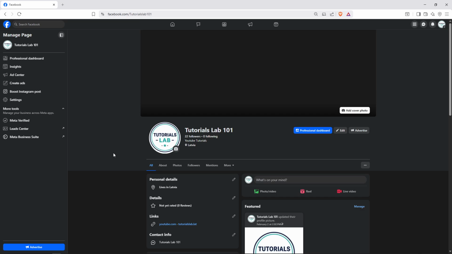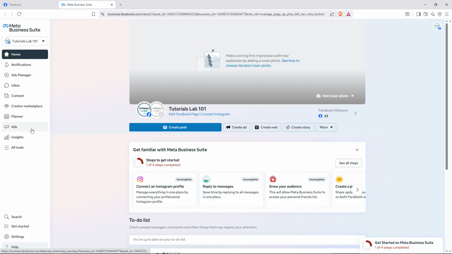You'll now be directed to your Facebook business management page. From here, you need to locate the Meta Business Suite option on the left navigation menu and click on it. The Meta Business Suite is Facebook's centralized hub for managing your business tools and settings, so this is where we'll make the necessary changes. Once you're in your Meta Business Suite dashboard, click on the Profile dropdown at the top